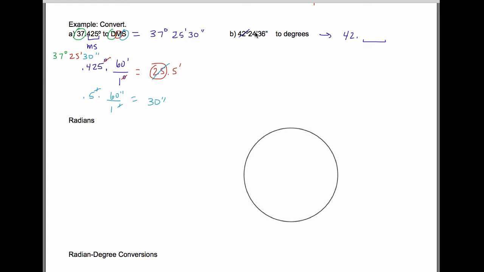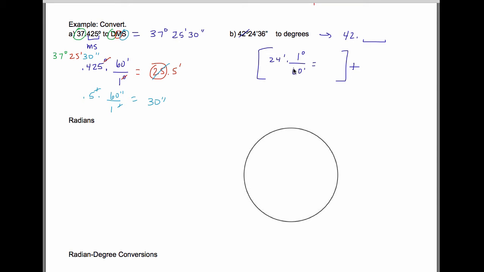Well, 24 minutes, my conversion here. There are 60 minutes in 1 degree. So if I multiply that, I'm going to end up with that piece. And so, because it's all going to be 1 decimal, all of this is going to be this plus my, so I've got this big